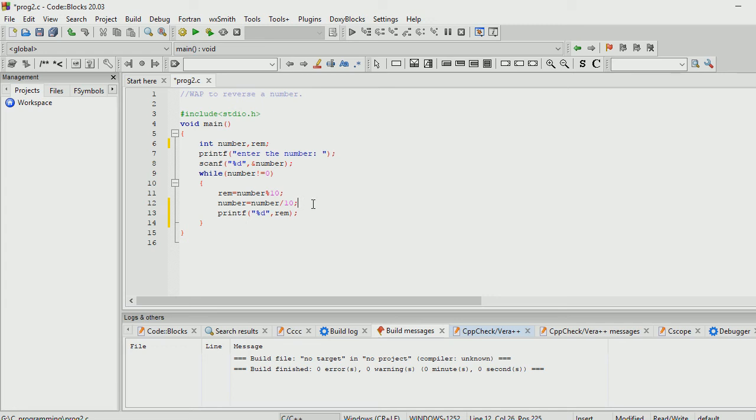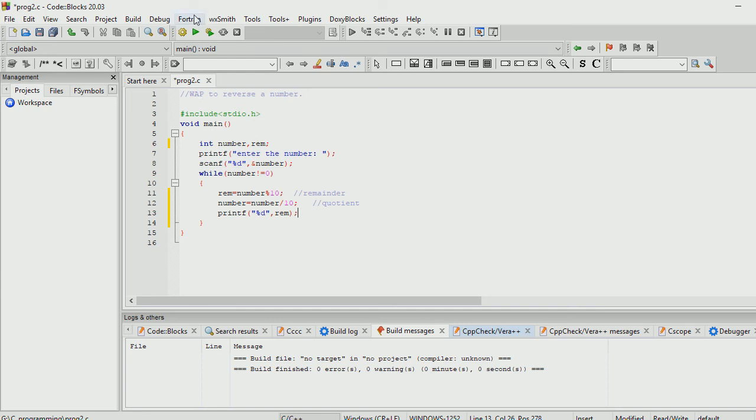So the last digit will be eliminated from the number. The loop will continue like that, and we will print the remainder. That is how the reverse of the number will be extracted.